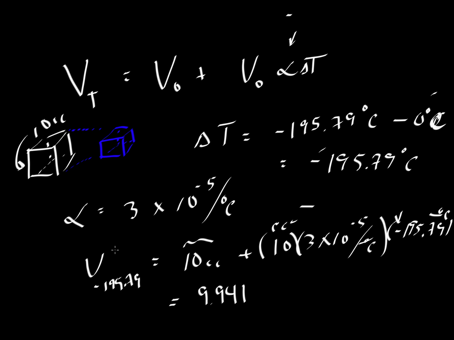So the volume of olivine at liquid nitrogen temperature, if we put it in a bath of liquid nitrogen, if it started out at 10 cc's, it would be at about 9.941 cc. That's probably too many significant digits because really this value of alpha is not constant. But for a ballpark look at these kinds of calculations, this is one way you can do it. And over very small temperature ranges, we can certainly look up an alpha value that is going to be relatively constant for a lot of the kinds of calculations that we